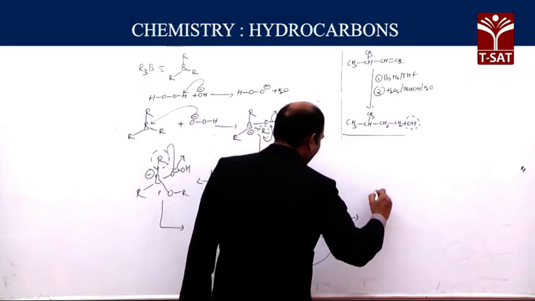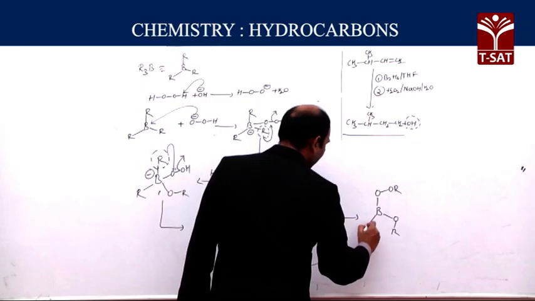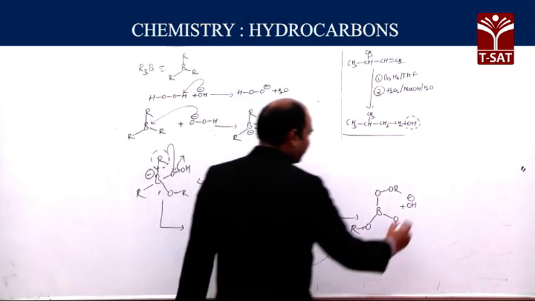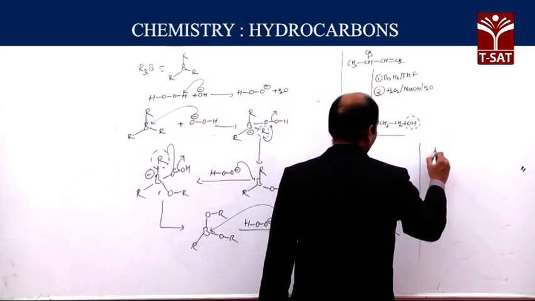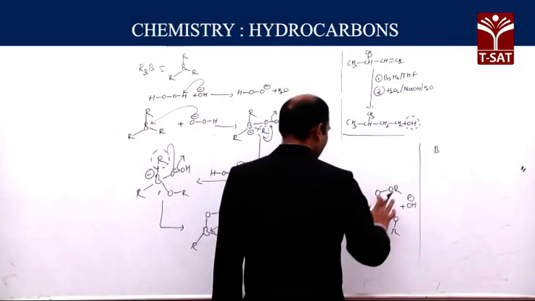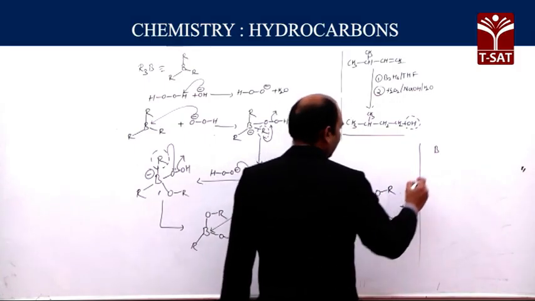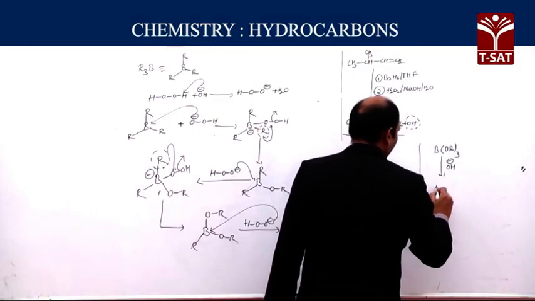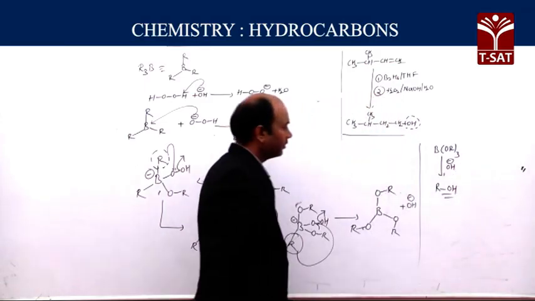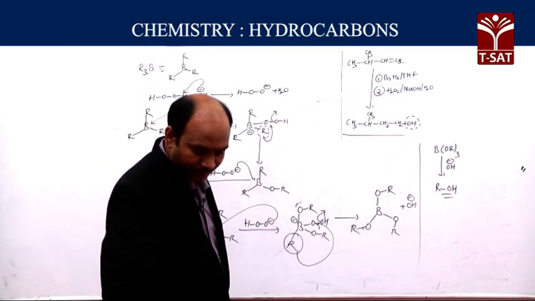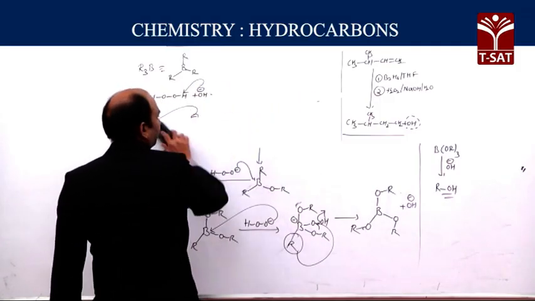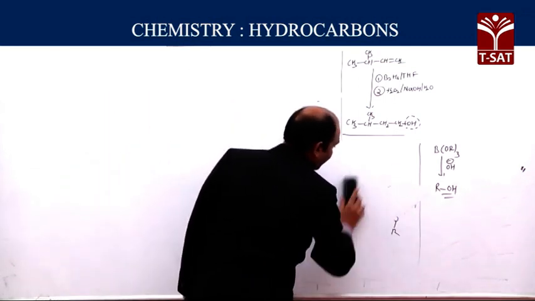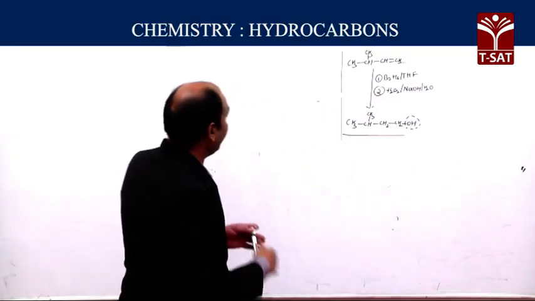So we get BR3, OR, this is OR and this is OR, plus OH minus. After this step, the next step is BOR taken thrice, then OH minus addition takes place, and we get ROH, that means alcohol is formed. This is according to anti-Markovnikov's rule. So in this process, the main important point is,